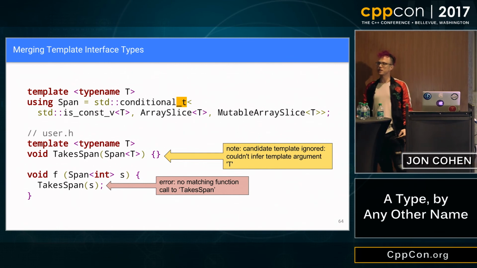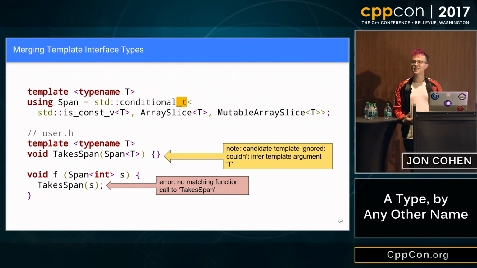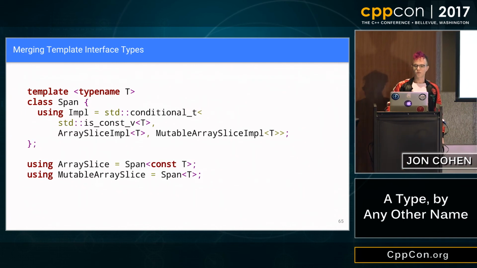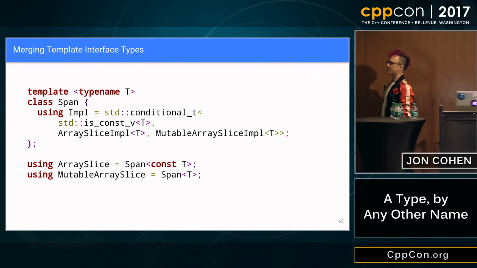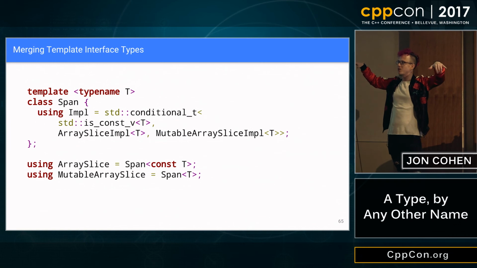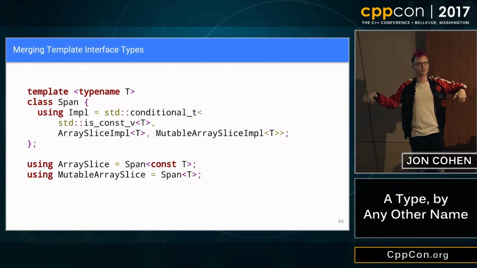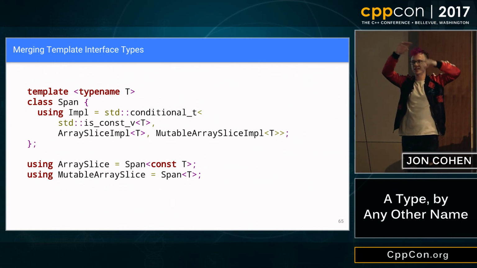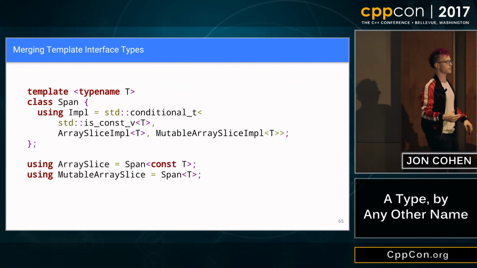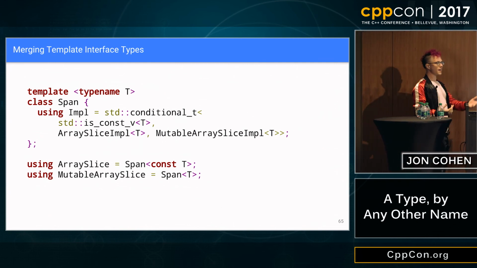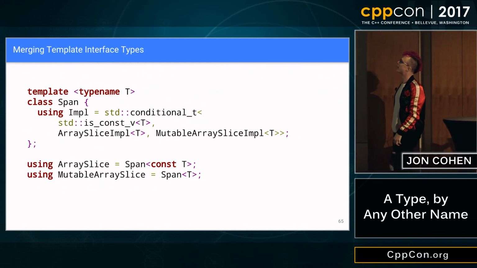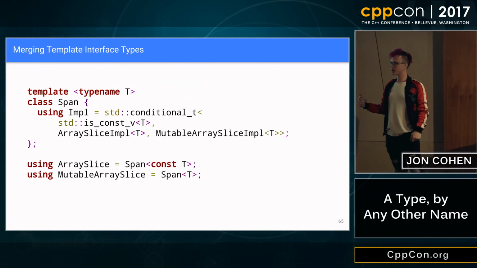So we are going to need to do a little bit of rewriting, but what we ended up with is something that's morally very similar to all of the other strategies I talked about in this talk. It turns out that for historical reasons, and because they're also very similar, mutable array slice and array slice had two implementation classes which dealt with the subtleties of those constructors that take everything, and then forwarded back to a central implementation class that held the pointer and the size and did all the actual logic of the class. So we can hide the dependent type inside here. And you can do this generally, as long as you have some way to discriminate at compile time what implementation you want depending on your T.